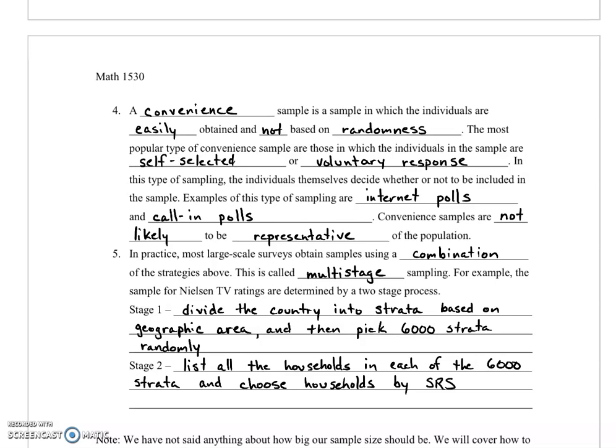So they've combined a stratified sample with a regular simple random sample. Some of what the U.S. Census Bureau does is even more complicated. Not for the decennial or once every